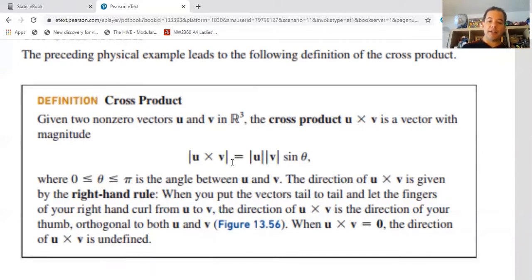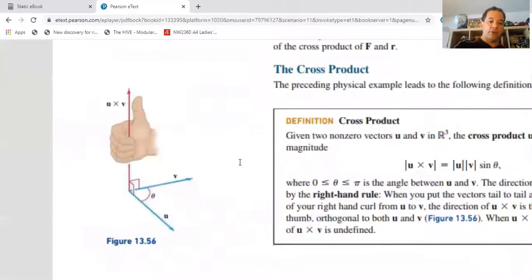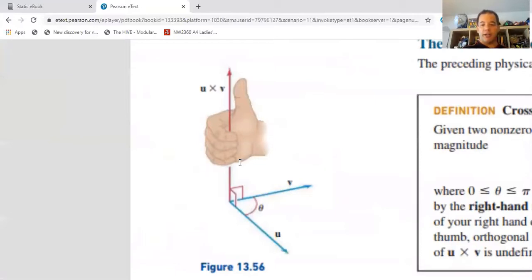Well, the other vector has this magnitude. And to figure out its direction, we follow the right-hand rule, like I was telling you. In this picture, you would start by looking at u. You go from u and rotate so that you go from u to v with your right hand. So as you rotate with your right hand from u to v, from that yellow vector to this red one,